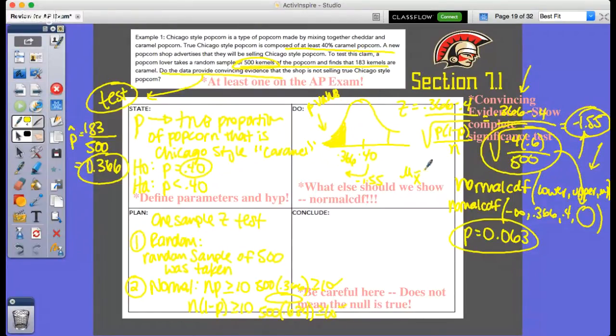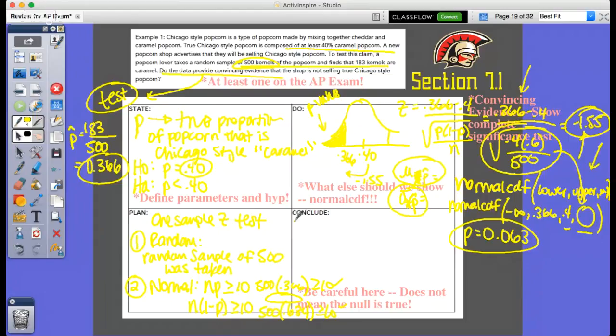So mu of x bar is my mean, and my standard deviation, I'm sorry, not x bar because we're talking about proportions, p hat. And then standard deviation of p hat would be my standard deviation of my sampling distribution, which is what we plug in for here and here. But I just wanted you to see what that would be there, okay? So the big thing to note is, be very careful. I've seen a lot of us that have messed this up. So when I